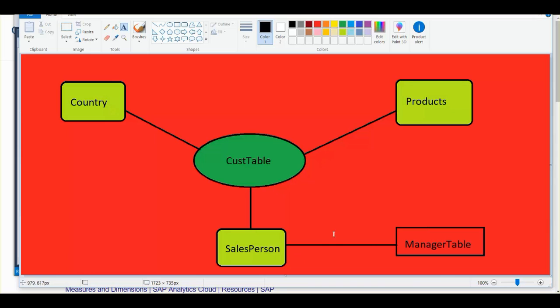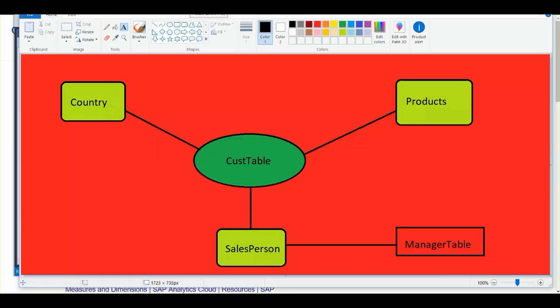So you will get to know about this in detail, but from just a rough overview, understand what a measure table is, what the dimensions are, what snowflake is, what star schema is. These are very basic concepts when you're working on the cube. So you need to understand. If you did not get it, demand for it, and I will create a separate video for star and snowflake as well if you don't get it from this example.